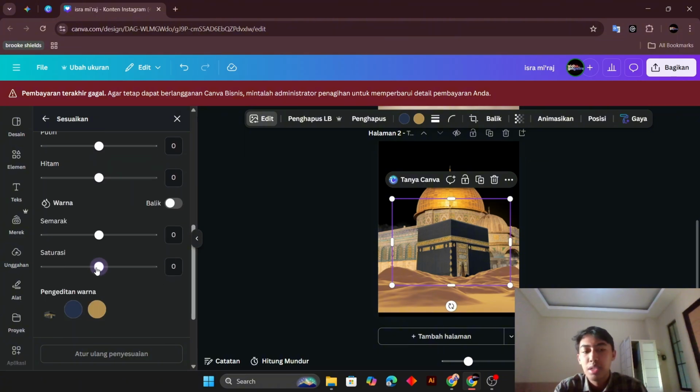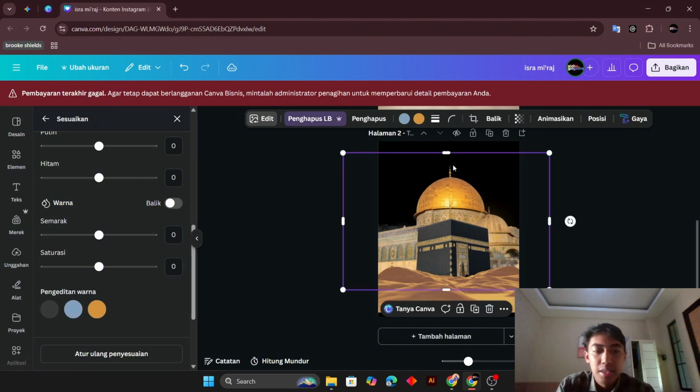This saturation, you can write in this column -20. In this layer, same, -20.